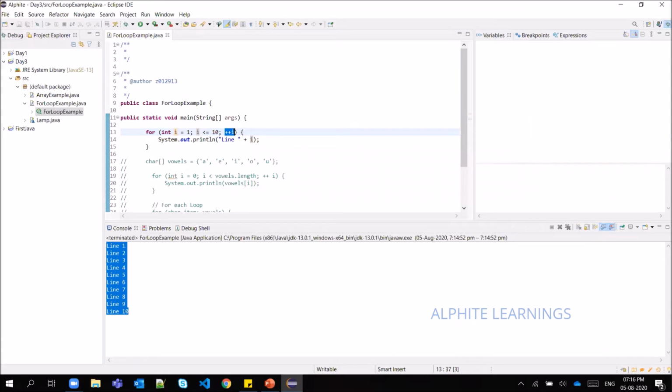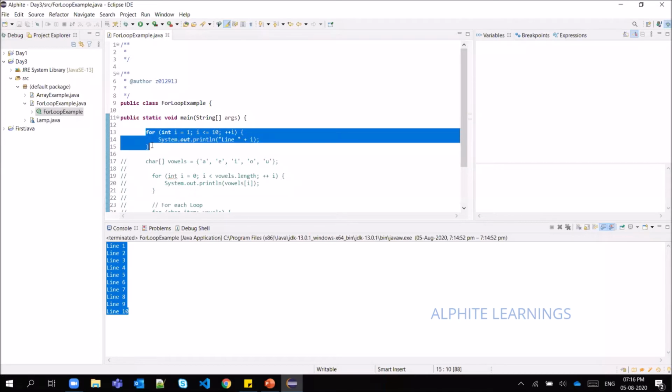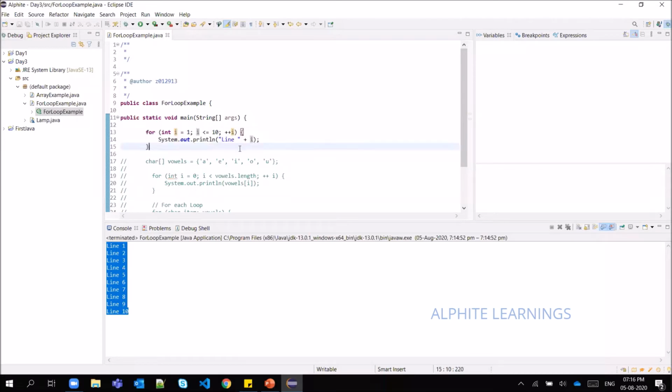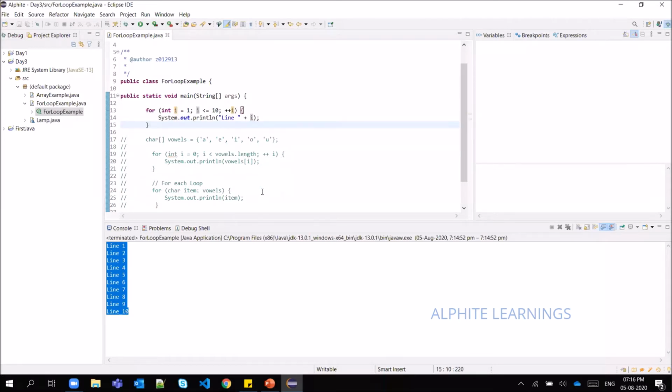Then it will go and again test this expression. Obviously the expression will fail, so this loop will end. You understand? This is the basic syntax.